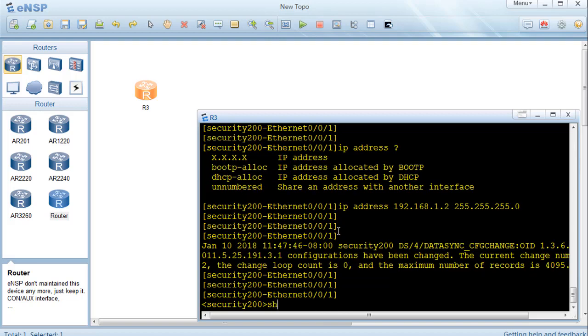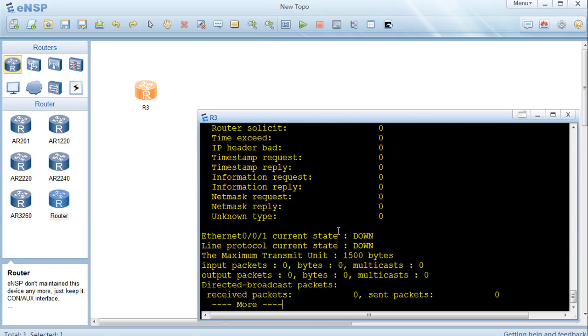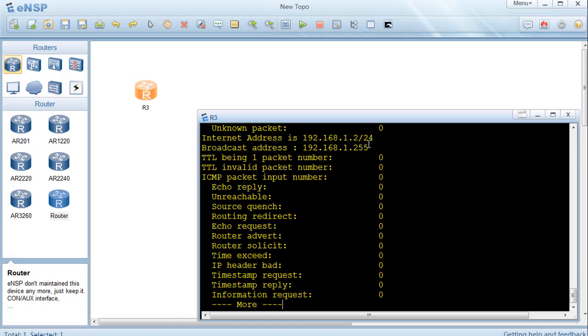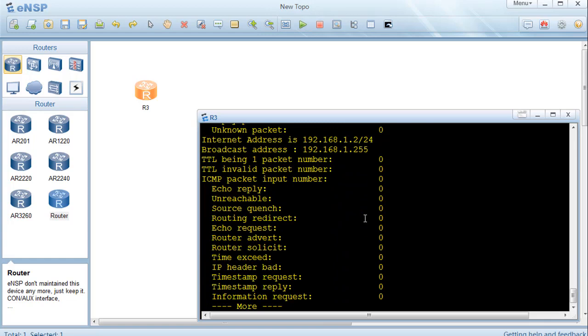Now simply press enter to go back, then press Ctrl Z to come out of configuration mode. Then type display ip interface. It checks whether the IP address was successfully assigned to my router or not. When I press enter, you can check the Internet address 192.168.1.2, then the subnet mask, and that I configured Ethernet 0/0/1.